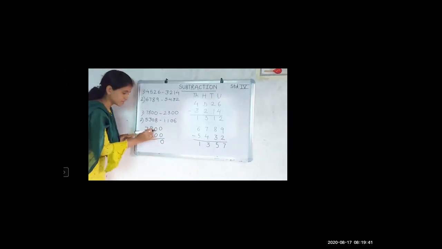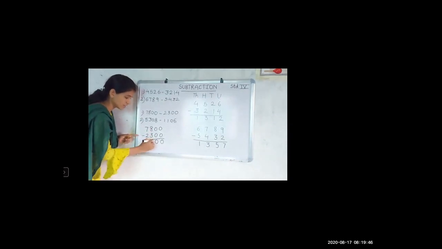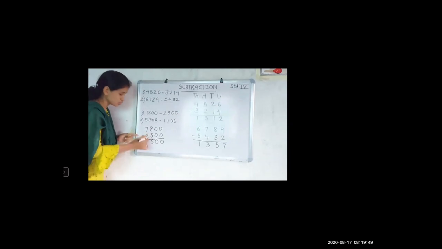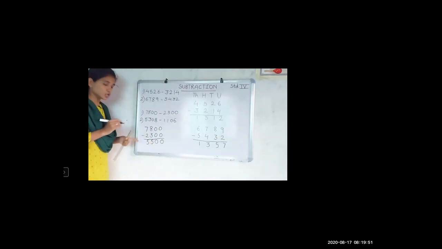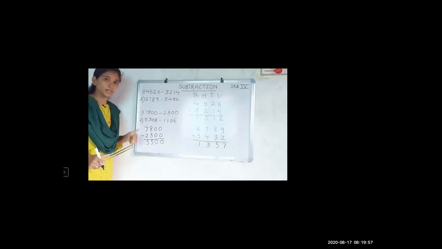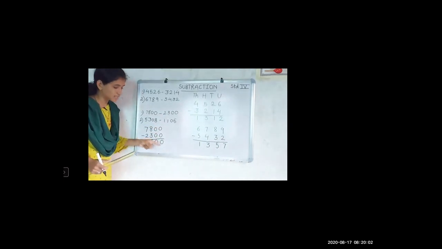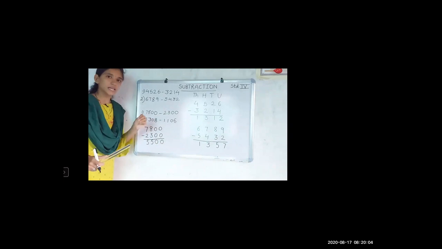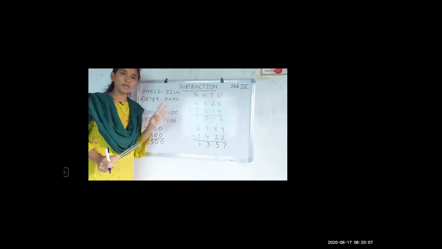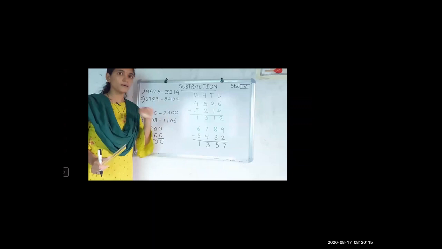Here the same thing, 0 minus 0, 0 only. 8 minus 3, you will get 5, and 7 minus 2, you will get again 5. So your answer is 5,500. So here we have learned one thing, that if you are subtracting a number from the number itself, then your answer is going to be 0 only. Let's take one oral example. If one number is 4 and the other number that you are subtracting from is also 4, then your answer is 4 minus 4 is 0.